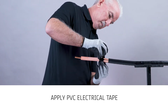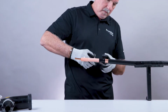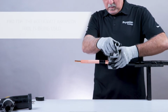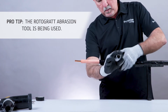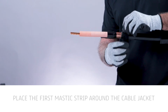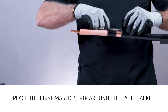Apply one layer of PVC electrical tape over the end of the metallic tape to prevent unraveling. Abrade the cable jacket with abrasive cloth or an abrasion tool to improve mastic adhesion. Next, place the first mastic strip around the cable jacket at the location of the solder block when folded back